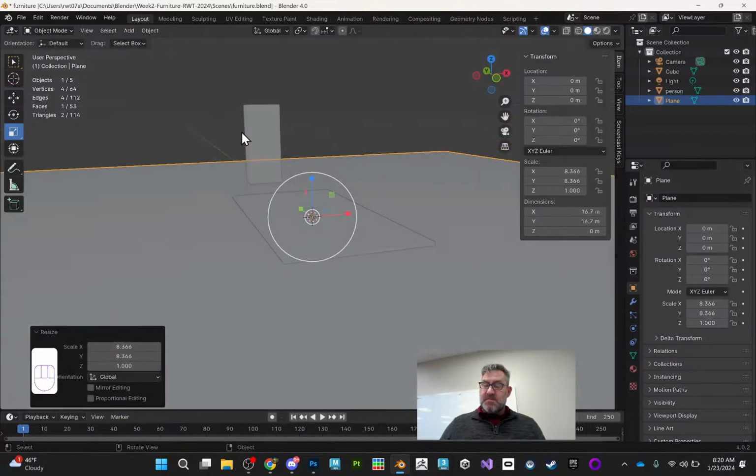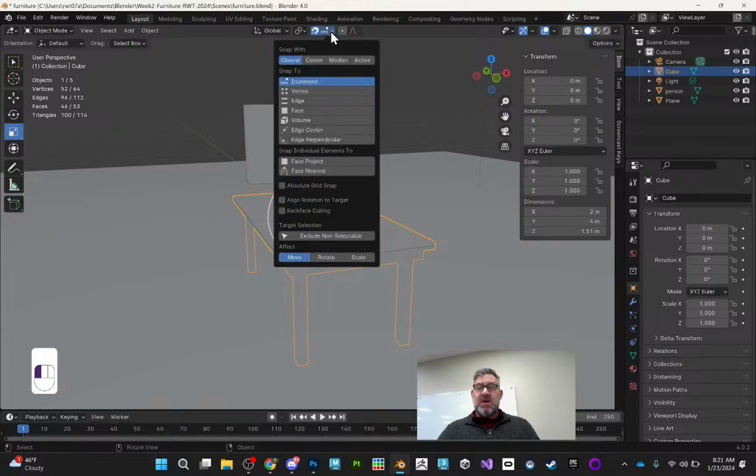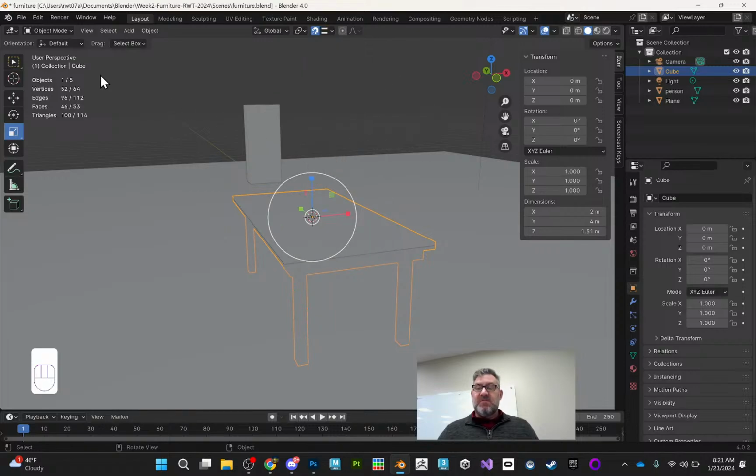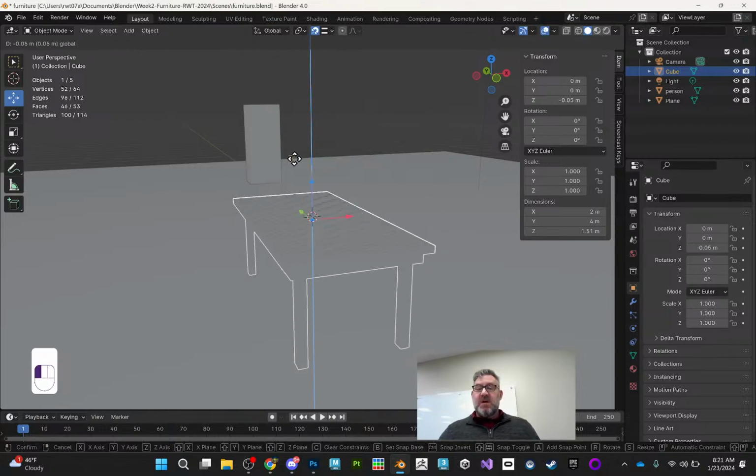Okay, now I'm going to grab my table. And I'll show you one more thing that's cool we can do. So up here, this magnet, we can snap during a transform. So I'm going to turn that on. And then I'm going to say snap to closest, and I'm going to go edge. So if I'm snapping to an edge, and I'm moving my table, I can move my table up here. And then while I'm moving on the Z-axis, I let my